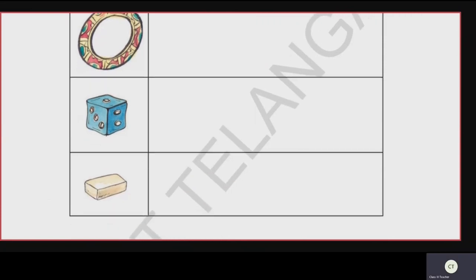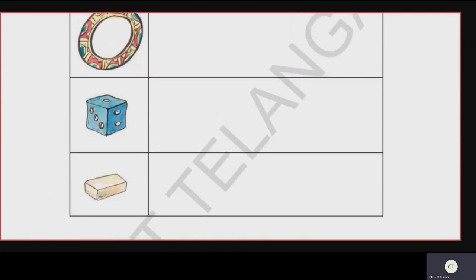Next, third object, eraser. Okay, children, place one eraser on a paper. Draw lines along its outer edges. Remove the eraser. Which shape can you see on the sheet of paper? Yes, exactly, rectangle shape. So the right answer in that given box is rectangle. R-E-C-T-A-N-G-L-E.